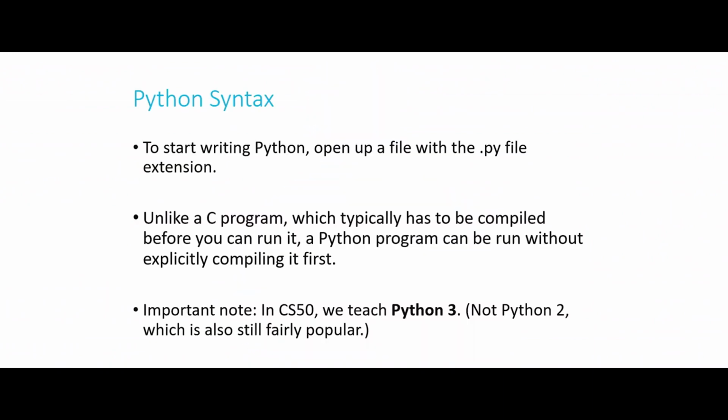One really important caveat before we dive into this, in CS50, we teach Python 3. There are actually 2 pretty popular versions of Python, Python 2 and Python 3. All the syntax and everything we're going to talk about in this video is Python 3 specific. And in general, if you're looking up documentation on your own, trying to figure out how to use a Python function or figure out if there's a Python function that does something you're looking to do, be sure to include Python 3 in your search instead of just saying Python, because you might get Python 2 results, which would not necessarily work.